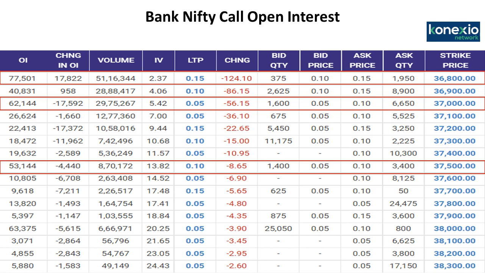Still, we feel that short positions are not built up, but looking at the chart patterns, we might see building up or writing of the Bank Nifty calls from these levels. So the action would be seen in 36,800 Bank Nifty out of the money calls, then 37,000 calls and 37,500 calls. Now let us discuss what we have observed in Bank Nifty puts.